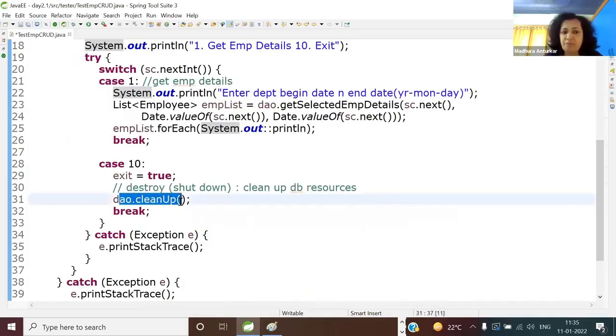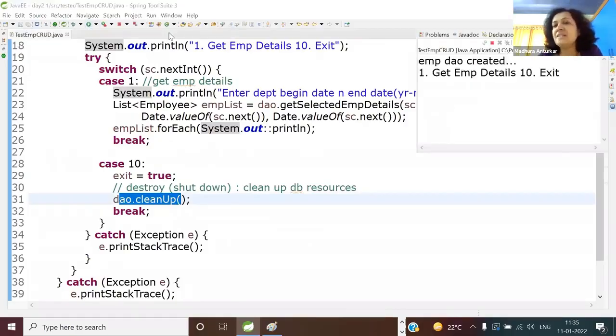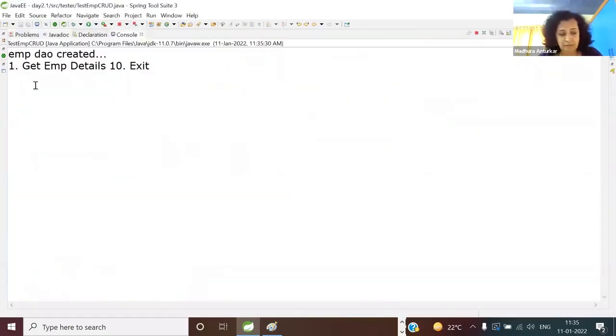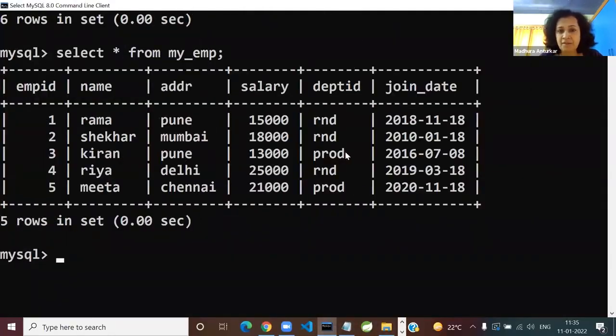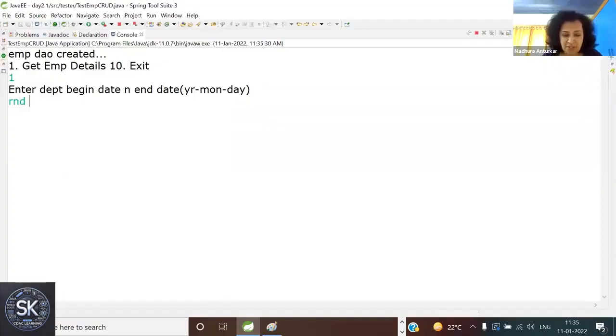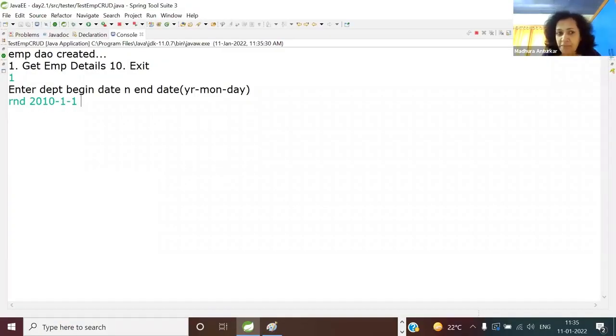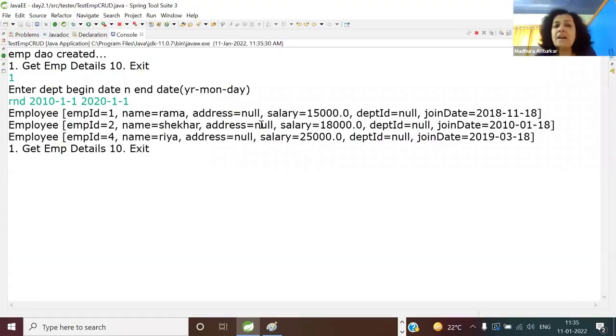And we are cleaning up the DAO just before termination. Try running it. It's just a simple SQL query, but done in a layered manner. So suppose I say get employee details. Suppose I say R&D, and between some dates. You can test that much. You don't require the 0 prefix here. And suppose I say 2020, something. And you should see